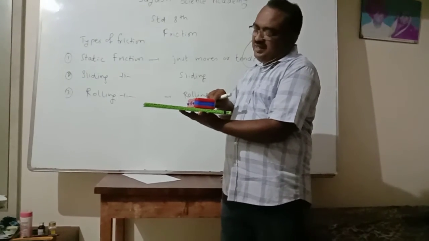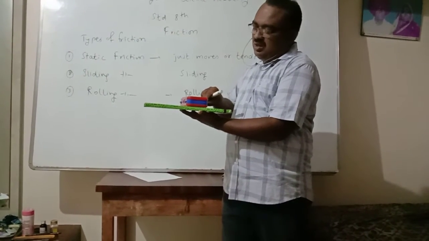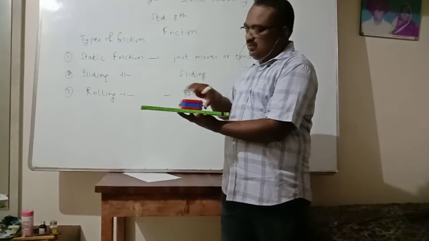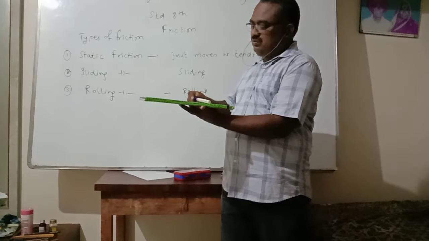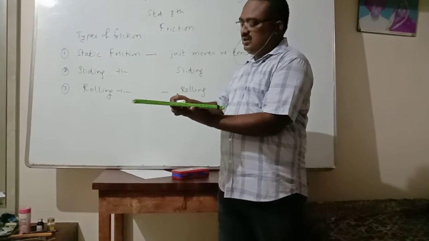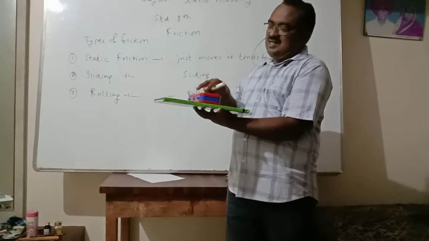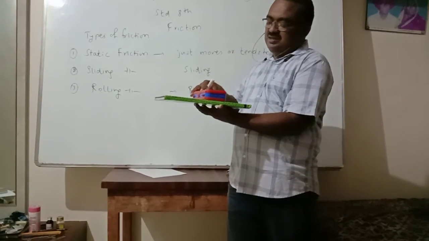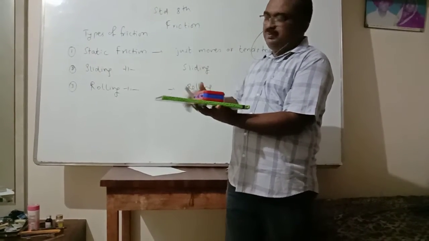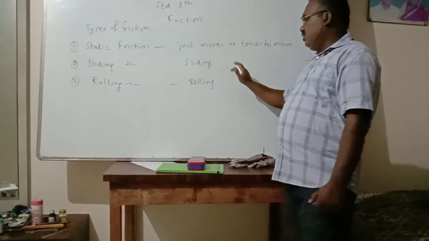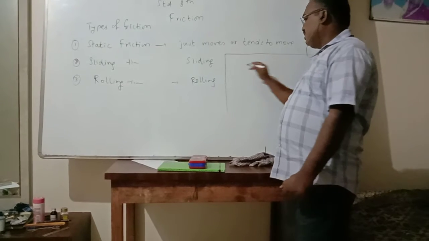But when it is sliding on that surface, then you have to apply less force. When it is moving with constant velocity, you have to apply less force, and you have to apply least force when one body is rolling over another body. At the time of sliding friction, there is more contact than in rolling friction. So when you are arranging in increasing order, you have to remember, this is an important question, this rolling